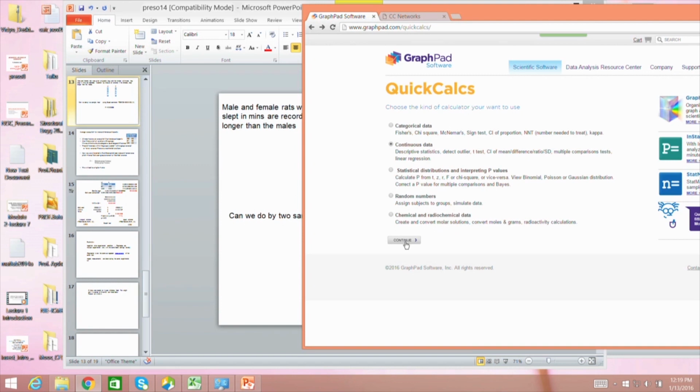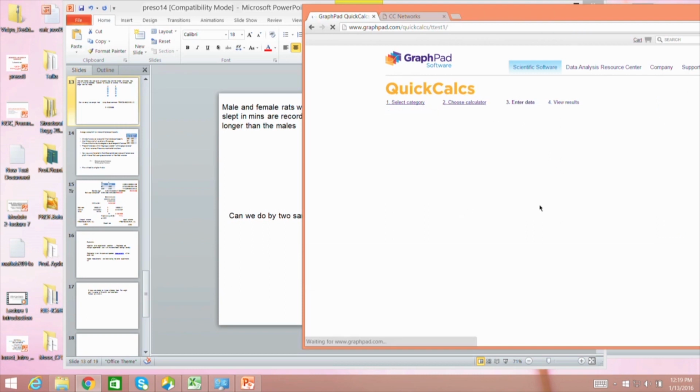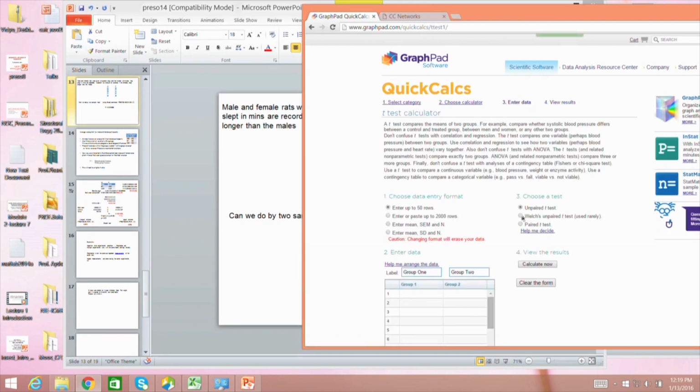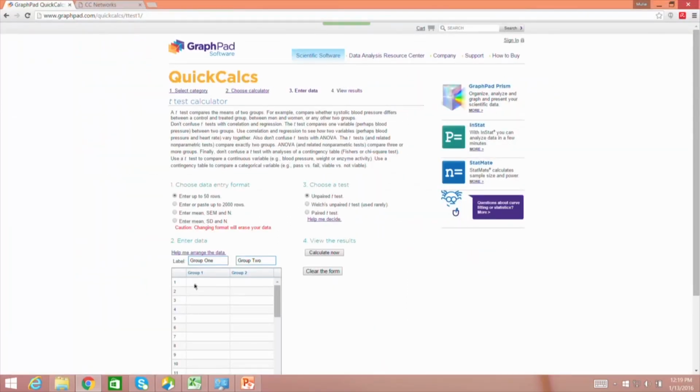so that is the t-test we do, continue, compare 2 means, continue, okay. So we can say group